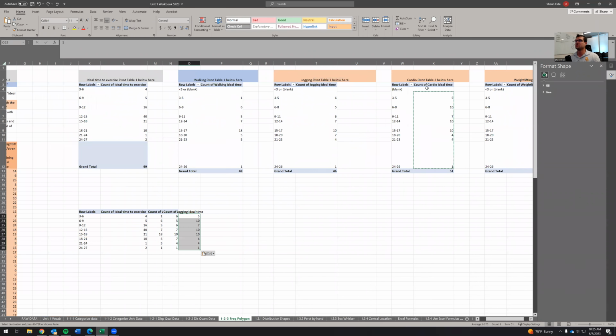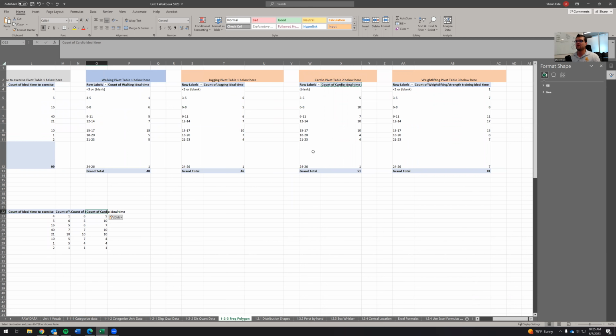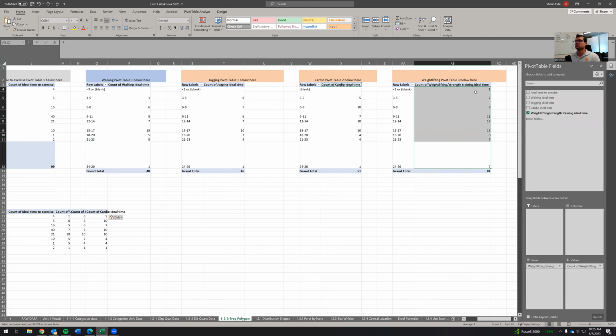And this is going to be cardio. And then this is going to be weightlifting. Make sure that they match up, all of these categories, and they do. Now, the thing that's a little weird is this one right here should actually go right here, add it to the weightlifting. So it's going to be 8. And we're going to delete this. So weightlifting, cardio, jogging, walking, and then